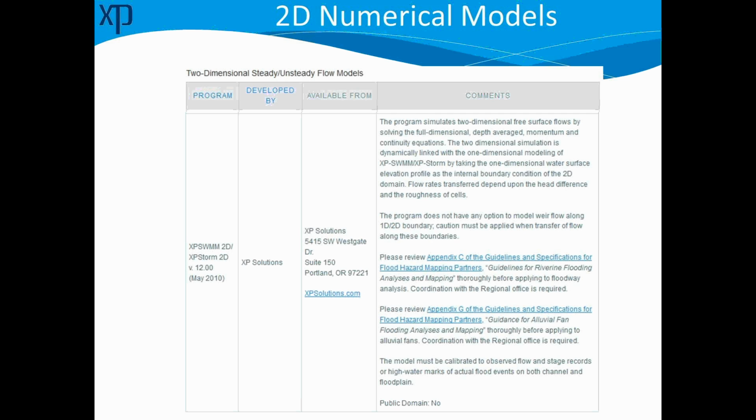A little bit about XP one-dimensional and two-dimensional modeling. Of course, the one-dimensional modeling has been around for some time and is well benchmarked, tested, vetted, if you will. Two-dimensional is a little newer, just in the last few years, in terms of being at the forefront of many of these studies and even some flood insurance rate map updates. And it's important to note the value in this list of models that FEMA has